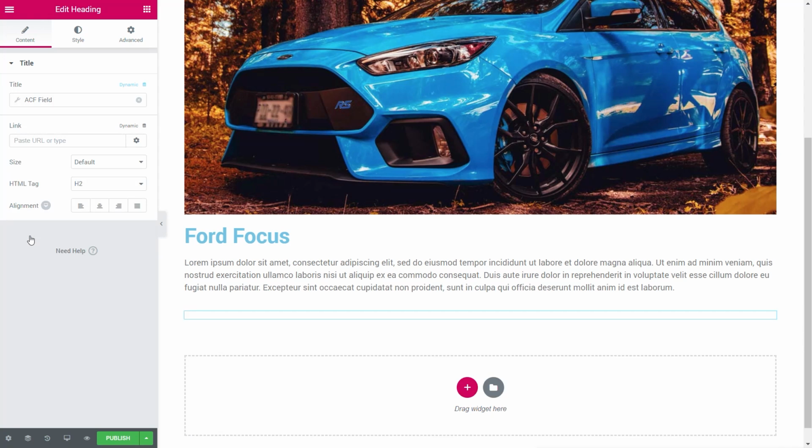So why doesn't anything happen? Well, basically because all we've done so far is tell it we want to put an ACF field in there. We haven't told it what field we actually want to use. So what we need to do that is click on the little wrench icon, and that will open up then